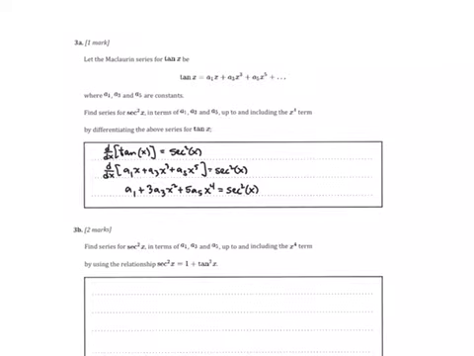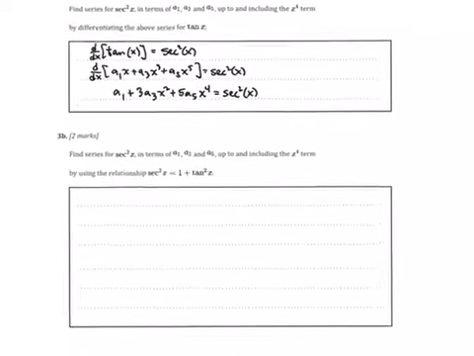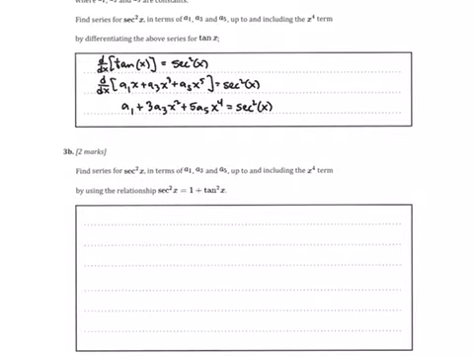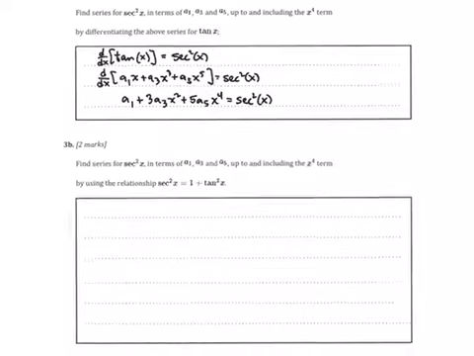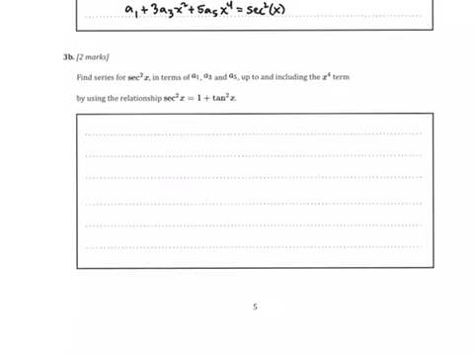Okay, so for part B, find a series for secant squared in terms of a1, a3, and a5, up to and including the x to the fourth term by using the relationship that secant squared x is equal to 1 plus tan squared x. Okay, so we're not going to be using the previous method. We did that just to show that we could. But if secant squared is equal to 1 plus tan squared,